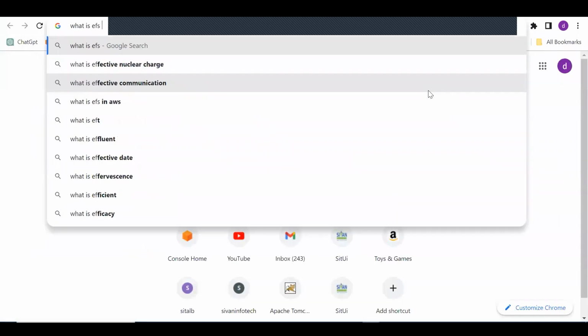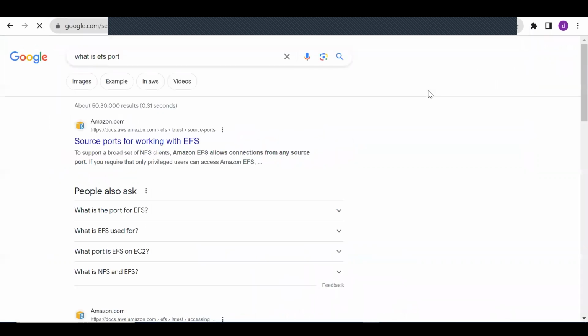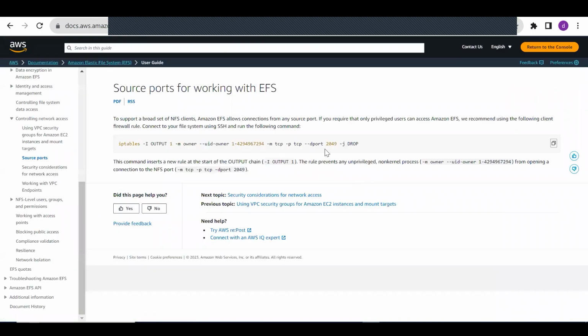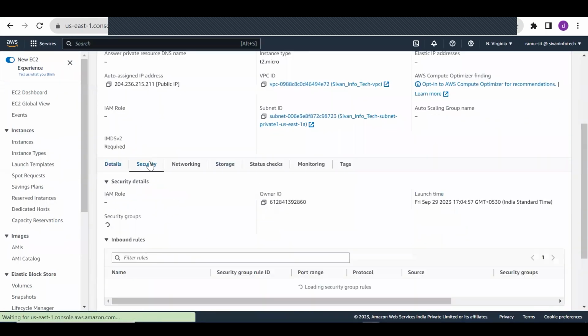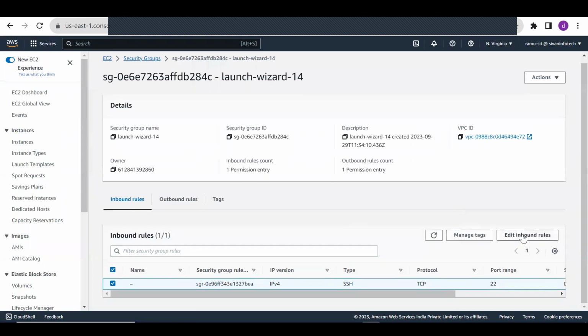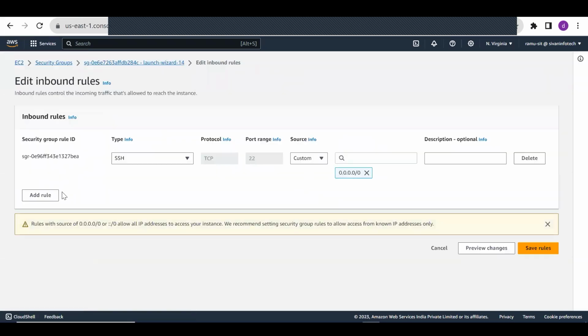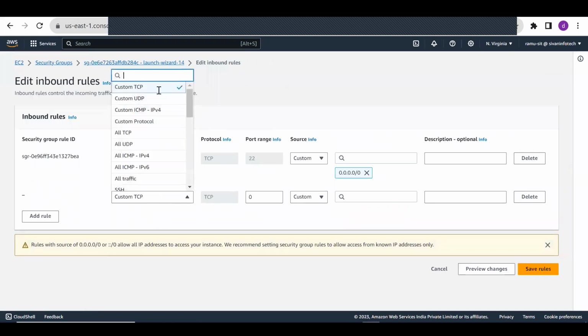Generally, EFS uses port number 2049. So I'm going to the second server's security group, editing the rules, adding a rule. I'm using custom TCP.